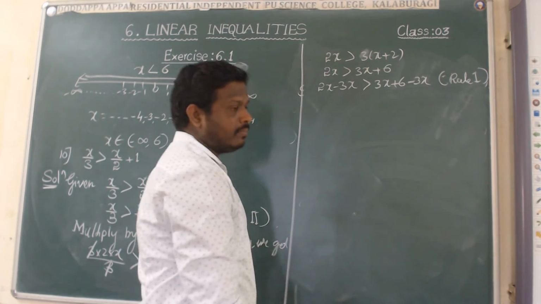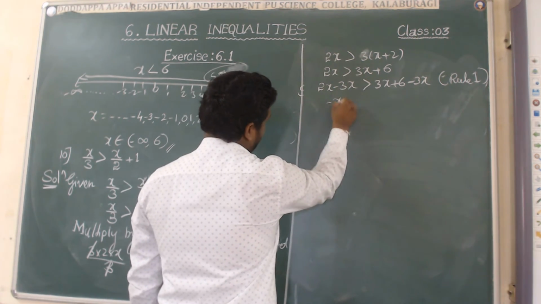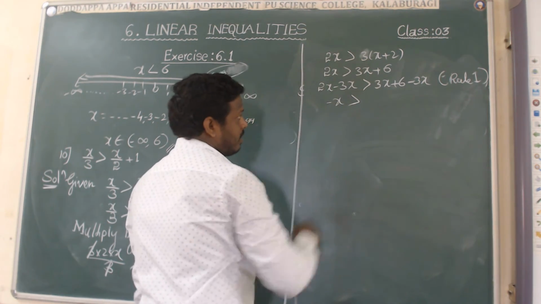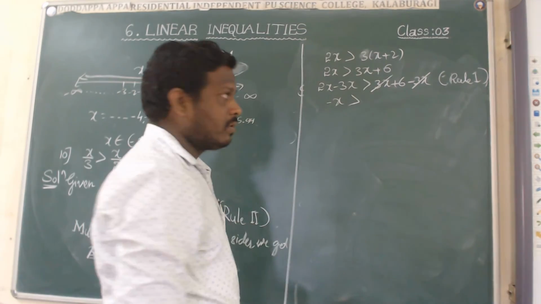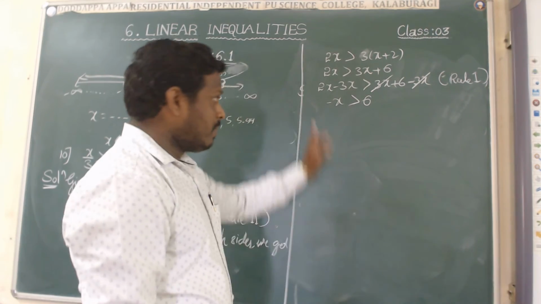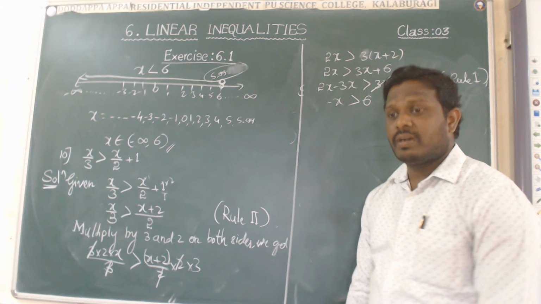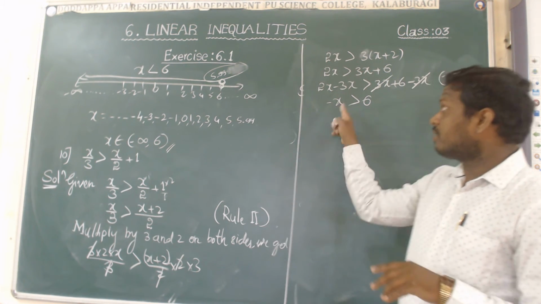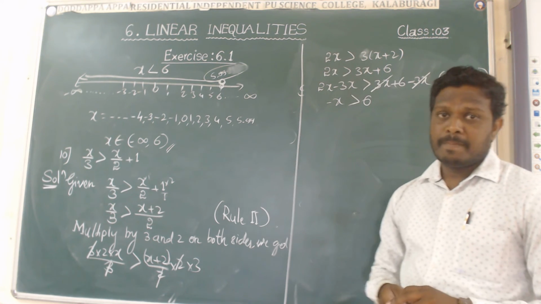Okay, now simplify. Plus 2x minus 3x left is minus x, meaning minus 1x, and the same symbol you have to write. Plus 3x minus 3x becomes 0. So what is left we have to write? That is plus 6. But see, in this step the coefficient of x is minus 1. For finding the value of x, we require positive 1. So make it positive 1 by using the second rule.